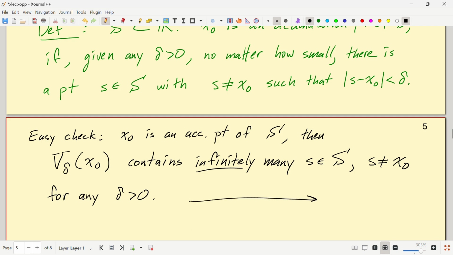Okay, so remember what V sub delta is. Here's x naught. The delta neighborhood would be the little open interval. This is x naught minus delta, and this is x naught plus delta. Okay, so I claim there's infinitely many